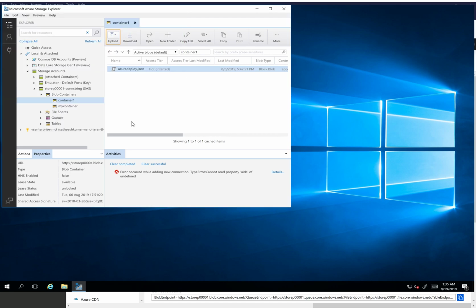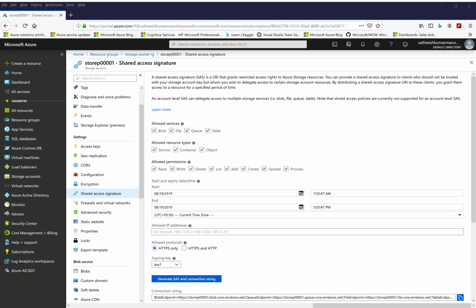In this case, we are trying to download the file as well, and the download is successful. So now we will switch back to the Azure portal,